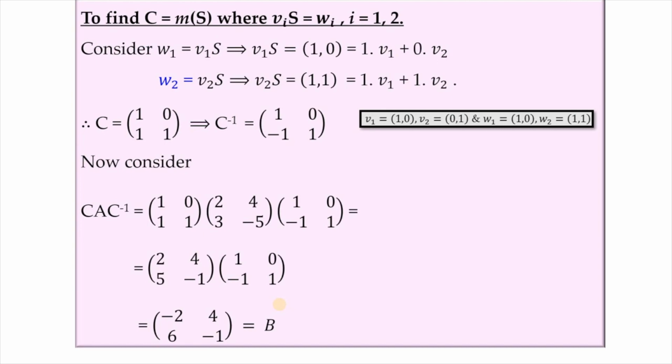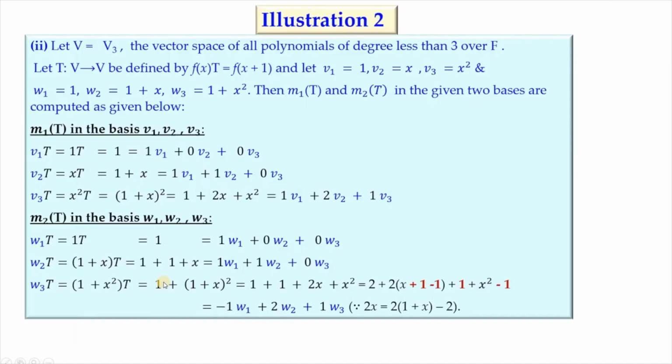Here, instead of R2, R3 and so on, we will be considering the vector space of all polynomials over F. So let us have the next one, again an illustration for the same theorem, but from the collection of the vector space of all polynomials of degree less than 3 over F. Let T from V to V be defined as f of x equal to f of x plus 1. Wherever it sees x, it will replace it by x plus 1.